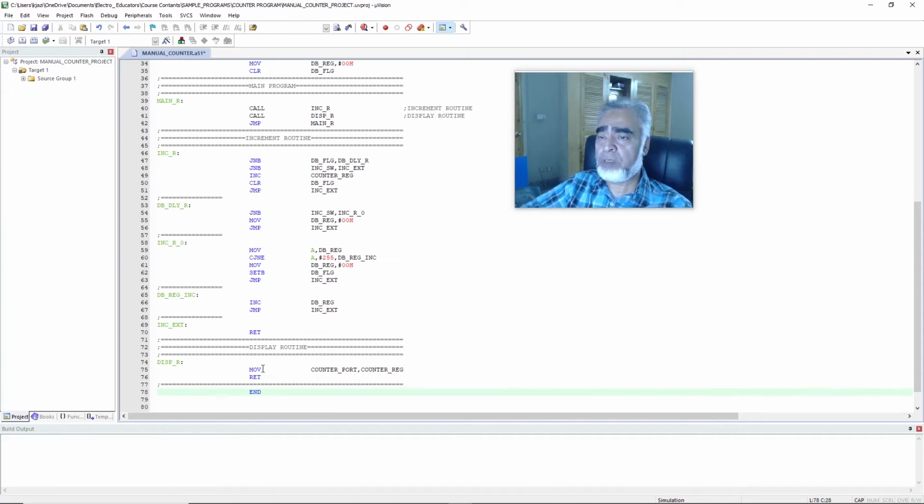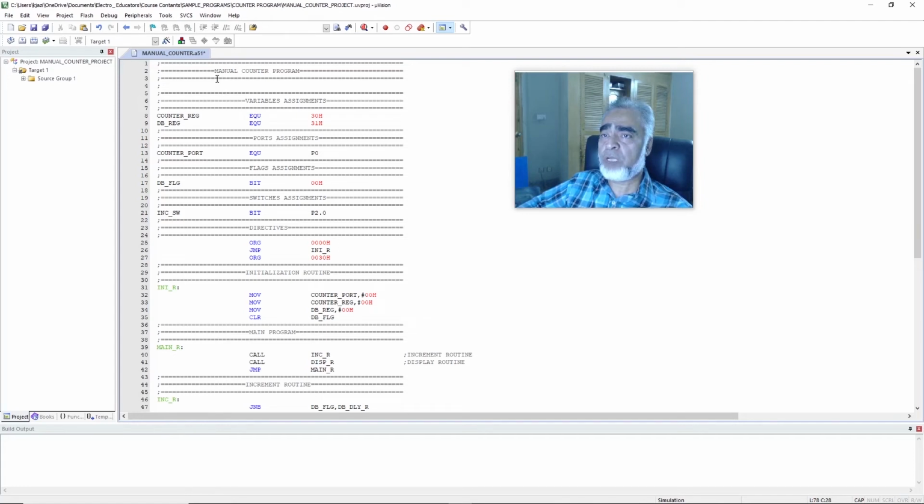So here we have written the name of our program, that is manual counter program, and here we have written the variable assignments, that is counter reg, and we have used the hardware address 38, the first address of the general purpose RAM, and here we have used the second variable, that is debouncing register, and we have assigned the second address of the general purpose RAM to the debouncing register, and we have assigned the name counter port to port 0, and we have used the first location of the bit addressable RAM, which is starting from 20H, and here we have used its first bit, that is 00H,